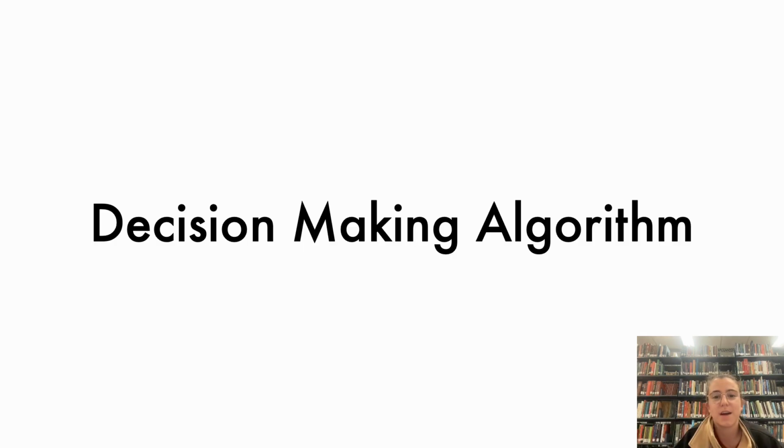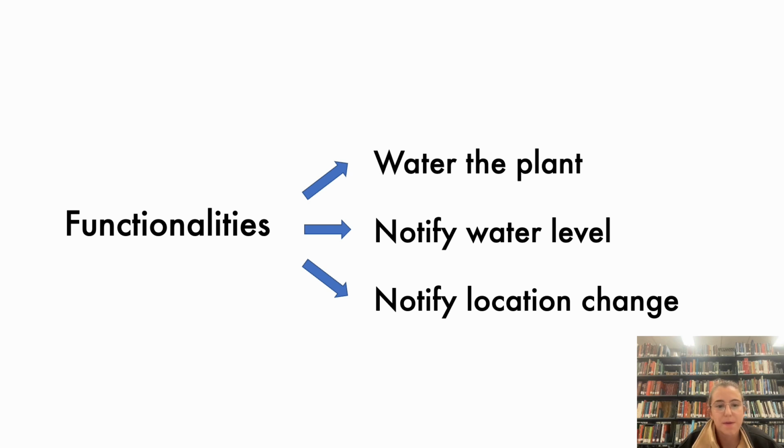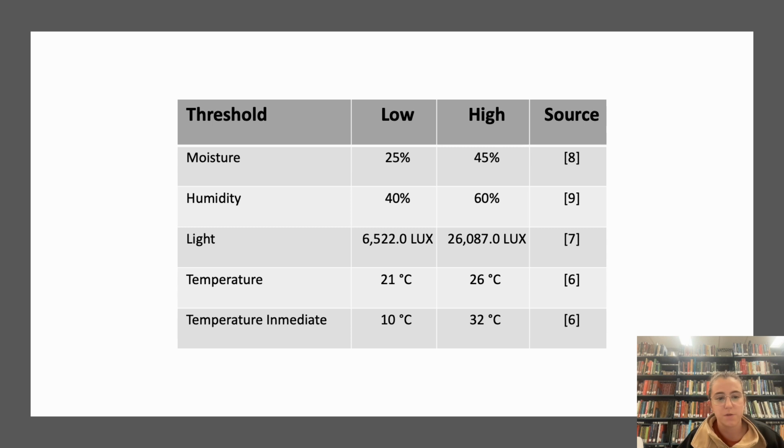Hi, my name is Mar, and I'm going to talk about the algorithm. It is going to have 3 main functionalities: water the plant, notify water level, and notify location change. To accomplish all of this, we used the sensors that William just talked about, and we also did some research